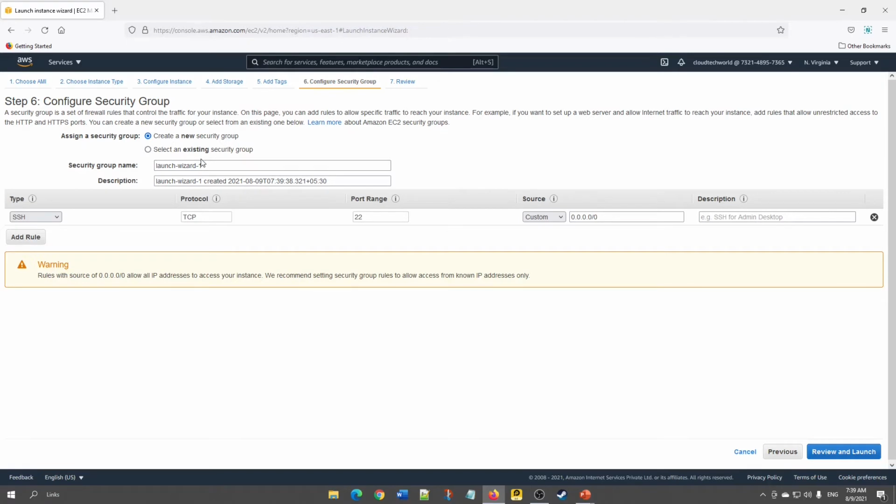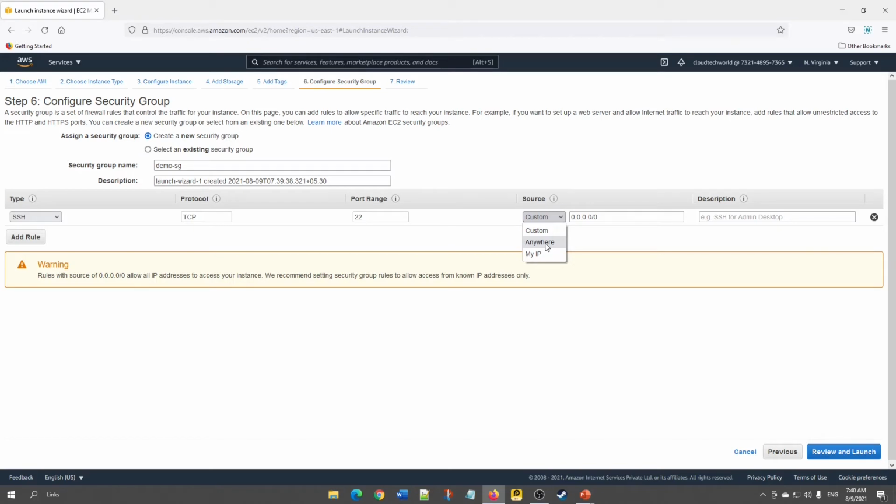Here we can either choose an existing security group or we can create a new security group. So we can name it demo SG. Since we are creating everything new, we can create a security group also, the demo SG. Make sure you are choosing the SSH rule for this, otherwise you won't be able to connect from our desktop. If you choose SSH, the protocol will be automatically populated and the port range also will be populated. Here you can either choose my IP or you could choose anywhere.